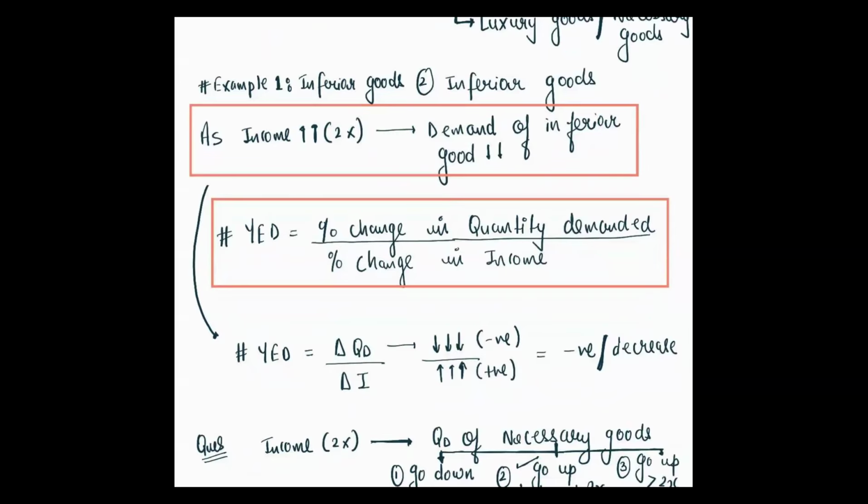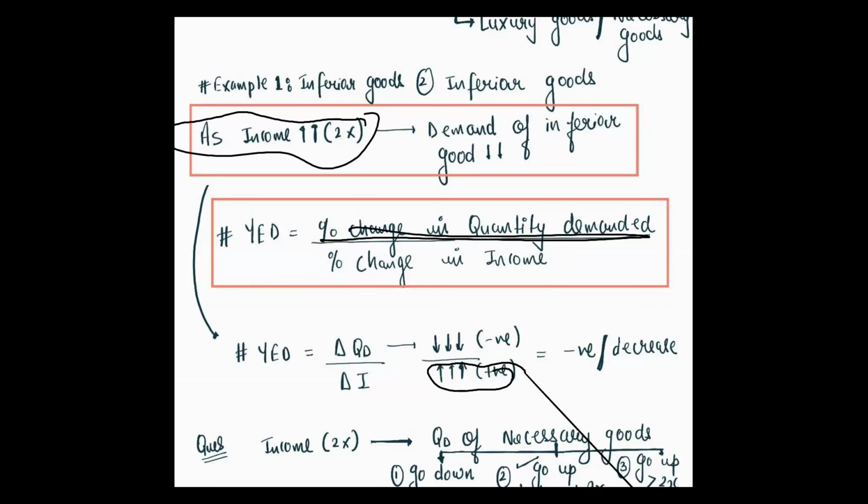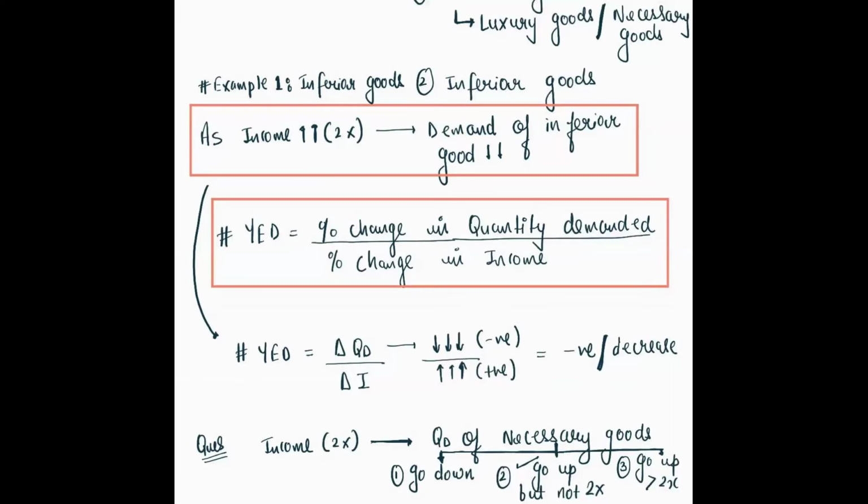तो YED, what is the formula of YED? ऊपर तो सेम ही रहेगा, change in quantity demanded, बट नीचे PED के केस में change in price था. In case of cross elasticity, it is change in price of other good. In case of income elasticity, it will similarly be change in income. Only the change in income. So whenever your income is getting increased, your income is changing twice. So it is positive. What happens with the quantity demanded in case of inferior good I am talking about? Just tell me about the inferior good. Okay, it will decrease. Decrease we indicate with negative.